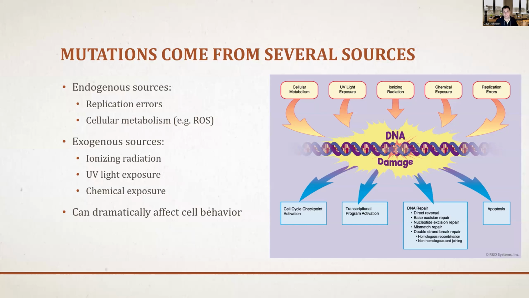There are also exogenous sources. So these are sources that come from the outside. Ionizing radiation is one of them. If you're exposed, for example, to high doses of nuclear radiation, highly problematic. UV light exposure. So the sun, right? Those UVA, UVB rays, the reason why we wear sunscreen, the reason why tanning is not a good idea. These can actually cause different types of DNA damage, as well as chemical exposure. So exposure to basically carcinogenic chemicals, things that are found in cigarette smoke, alcohol, things like that can